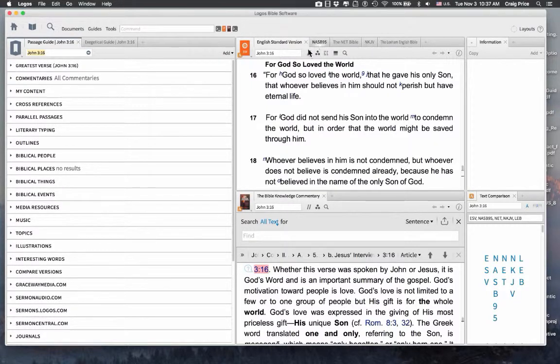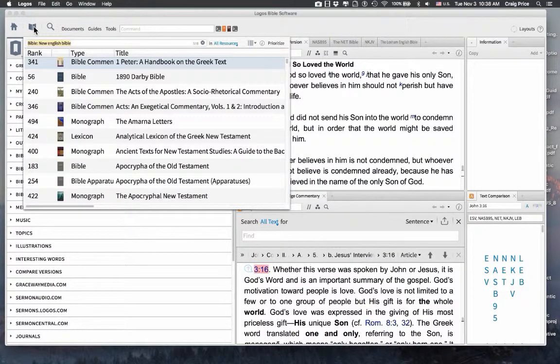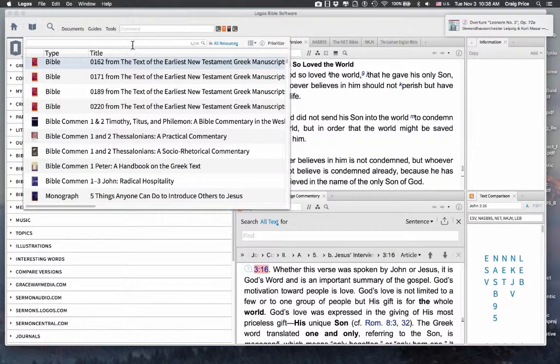Now, notice my Bible pane is right here. I have 5 Bibles that come up automatically because I have prioritized them that way. How do you prioritize your resources? You go to your library icon, this little book, and you click on that. It opens your library. Now, these are all your books, okay? And if you notice in this little box, it'll tell you exactly how many resources that you have in your